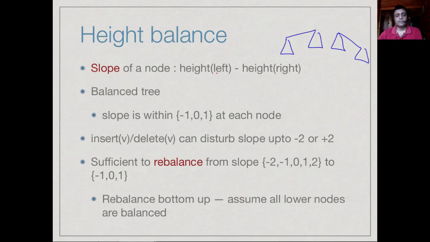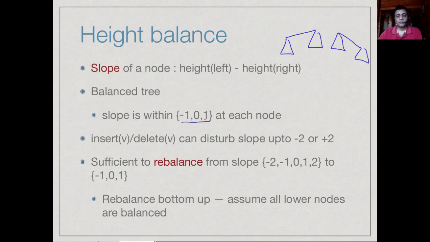If the height of the left is less than the height of the right, then you have a negative slope. If the height of the left is bigger than the height of the right, then you have a positive slope. So in a balanced tree, since the height difference's absolute value must be at most 1, you can only have 3 possible slopes throughout the tree. Either there is no slope, they are exactly the same, or it is minus 1 or